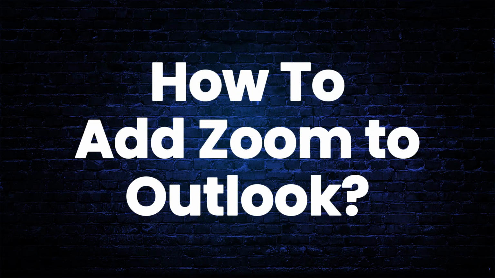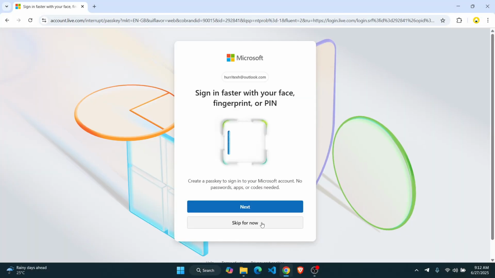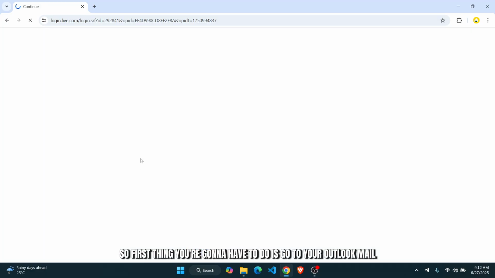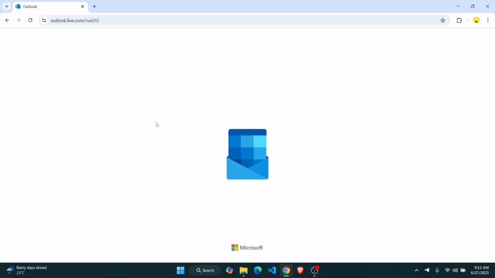How to add Zoom to Outlook. Hey everyone, in this tutorial I'll show you guys how you can easily add your Zoom meetings to your Outlook account. So first thing you're going to have to do is go to your Outlook mail, and once you log